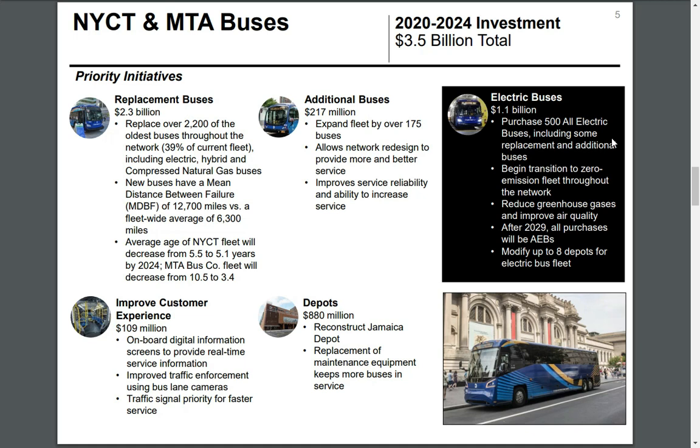Electric buses, $1.1 billion. Purchase 500 all-electric buses, including some replacement and additional buses. Begin transition to a zero-emission fleet throughout the entire network. Reduce greenhouse gases and improve air quality. After 2029, all purchases will be all-electric buses. So that means 2029 will be the last year that we will see any diesel, hybrid, electric hybrid, or compressed natural gas buses. So that means starting in 2030,